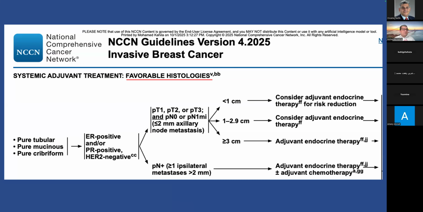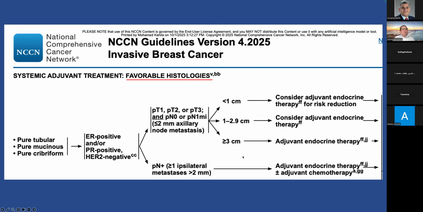NCCN, the National Comprehensive Cancer Network, which publishes the guidelines in the United States on how we should treat patients. So I just got this, and it's free to download, and this is the version from April 2025. So favorable histologic type in breast cancer: they include pure tubular, pure mucinous, pure cribriform, and they say that they are ER and/or PR positive, HER2 negative. And this is B2, the different T staging. But you see, if they are node negative or node micromet,